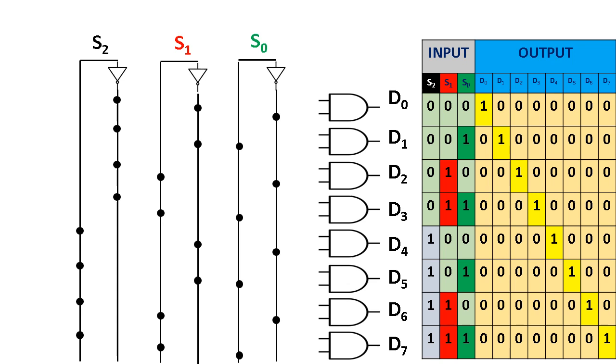Now to draw the logic diagram, we need 3 inputs S0, S1, S2, and both their complemented and uncomplemented forms will be passed as they have both values, whether 0 or 1. 0 will indicate complemented form and 1 the uncomplemented form. For 8 outputs we need 8 AND gates, which will give you minterms for the given inputs.